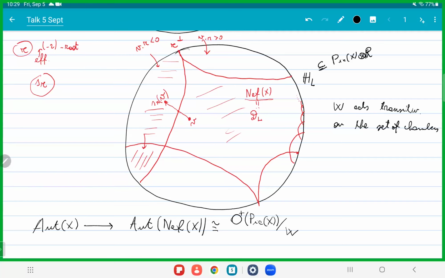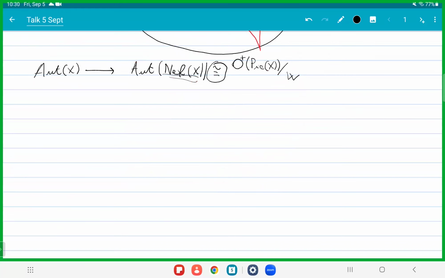And so now this isomorphism, I hope it's clear, because whenever we have a space and a transitive action, the fundamental domain, in this case the Nef cone, is just the quotient by the group that acts transitively. So this is a proof of this isomorphism in terms of hyperbolic geometry. And the advantage now that we have rephrased everything in terms of hyperbolic geometry is that we can use hyperbolic geometry. I'm going to recall the three main types of transformations of hyperbolic space.